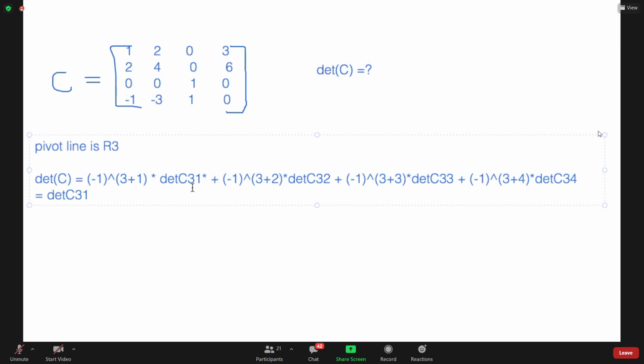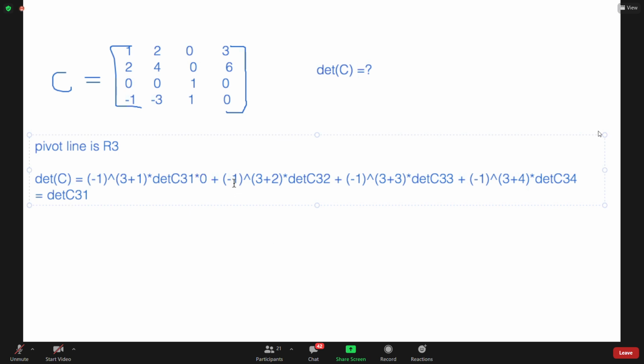So it will be -1 to the power of the position multiplied by the determinant of the position, so determinant C31, multiplied by the element on that position, so the element of position 31, which is 0,